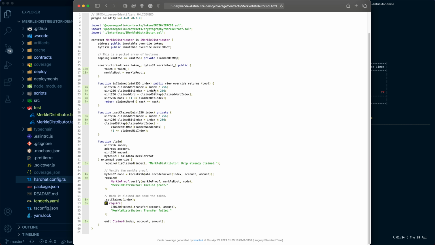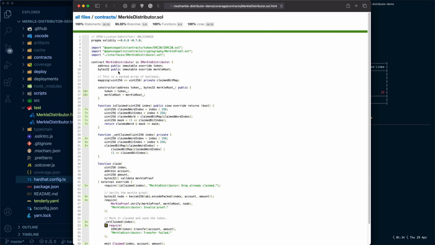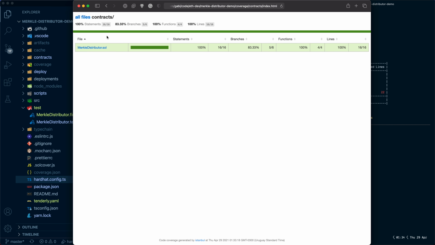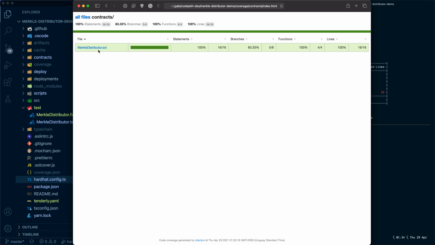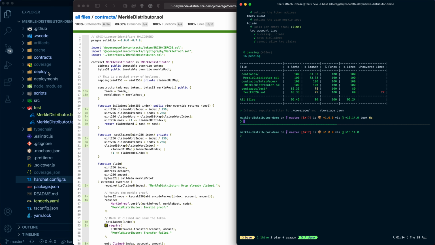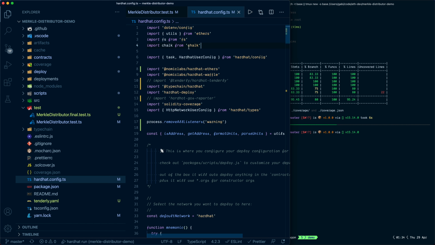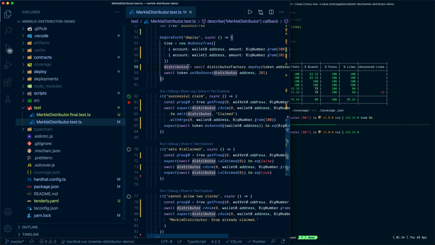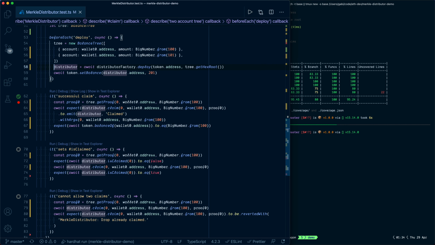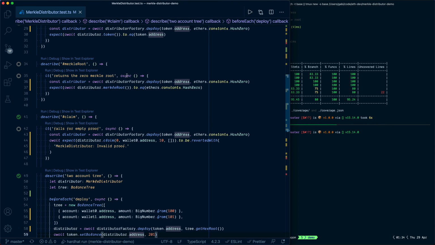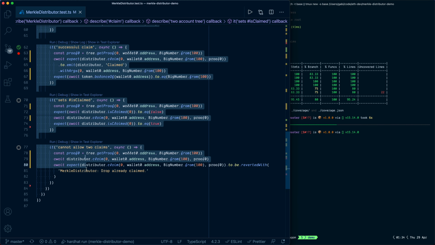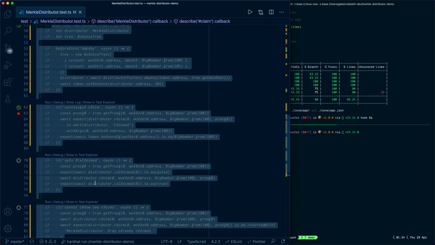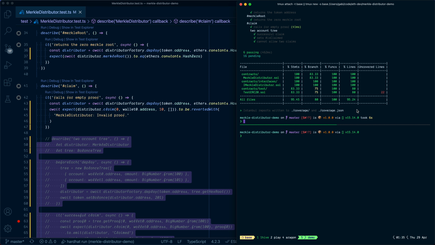The Merkle distributor contract will have all the information about coverage because we test every line. To give an example of this, if I, for example, modify this last test and run this again,